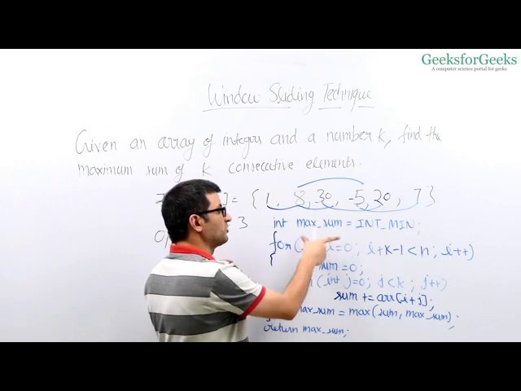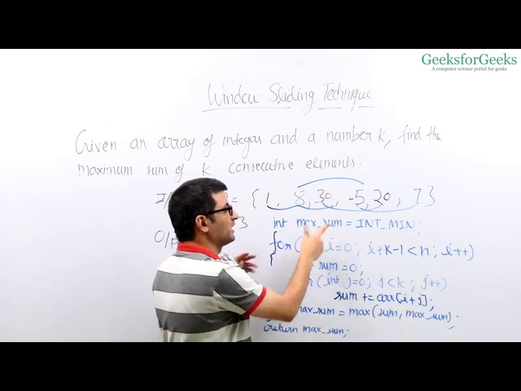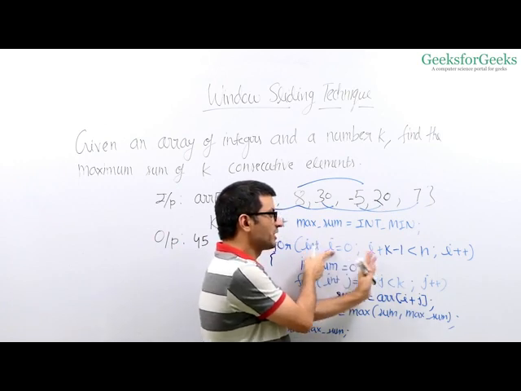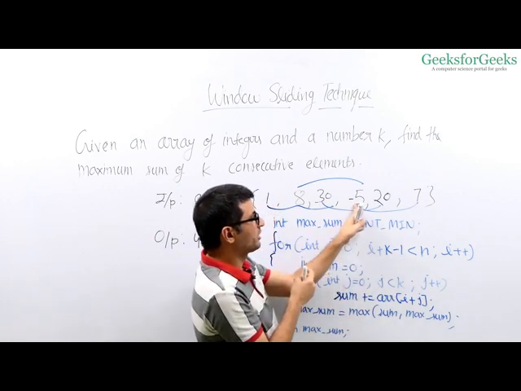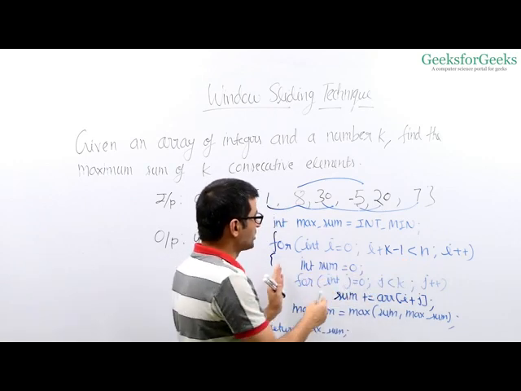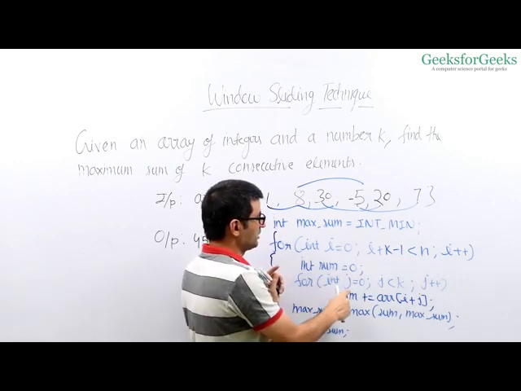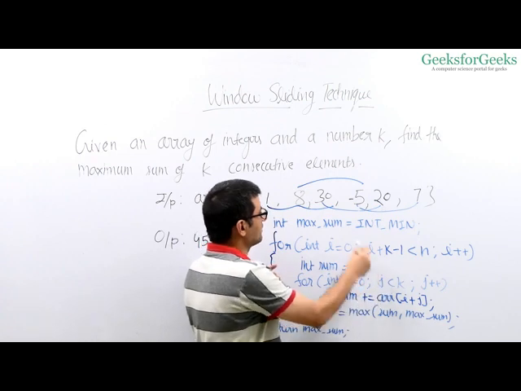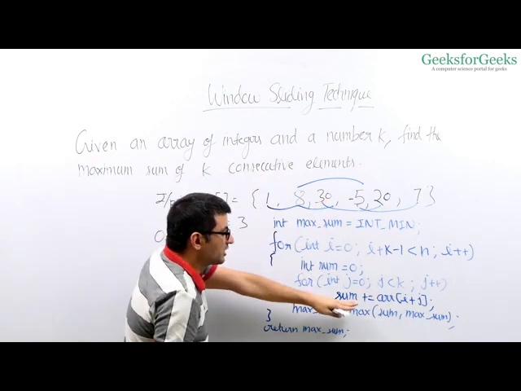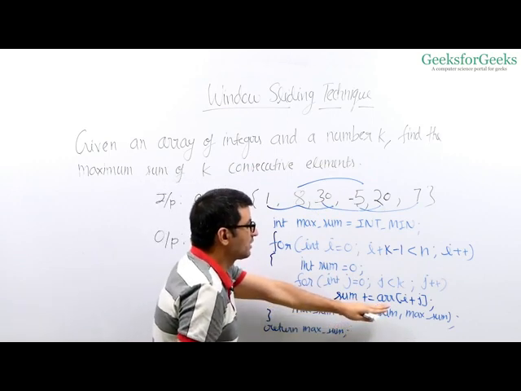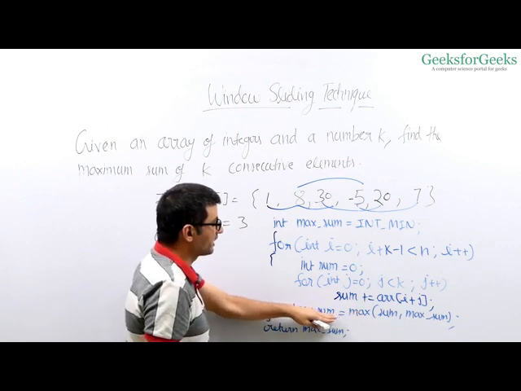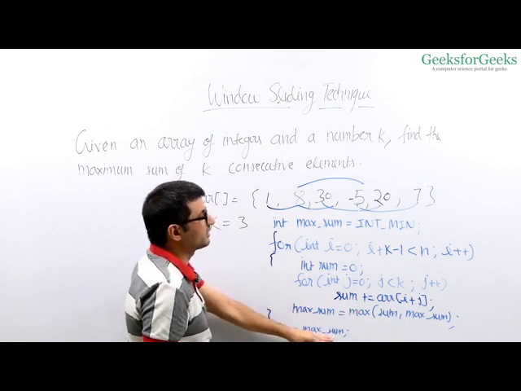What we do in the naive solution, we initialize the result maximum as minus infinite. Then we consider every point as a beginning point. We run a loop till this point. That is why we have this condition. For every beginning point, we compute the sum of k elements beginning from it. So j varies from 0 to k minus 1, right? So for i equal to 0, we'll go to this point. We compute the sum, compare the sum with the maximum sum so far, and if it is greater, we update the maximum sum. At the end, we return the maximum sum.